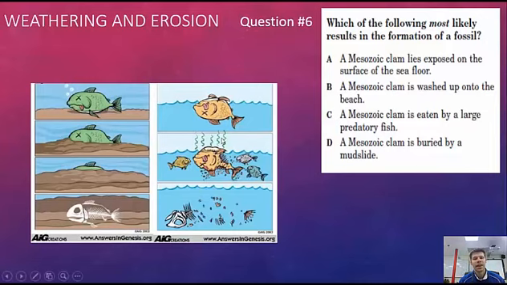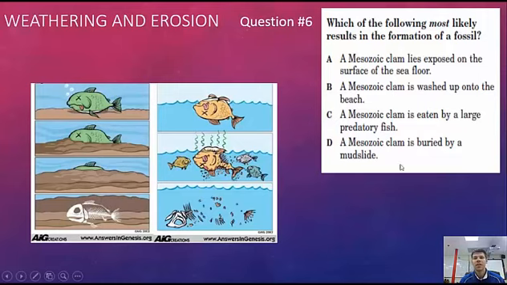Okay. Which of the following most likely results in the formation of a fossil? So how's a fossil made? So we got a couple choices over here. We have a dead fish, and that dead fish could be just eaten away. It could float at the top and decompose. As it's decomposing, it might be eaten away until there's just nothing but a little bit of its bones left. Or this dead fish could get buried. And if this fish does get buried while it's still intact,